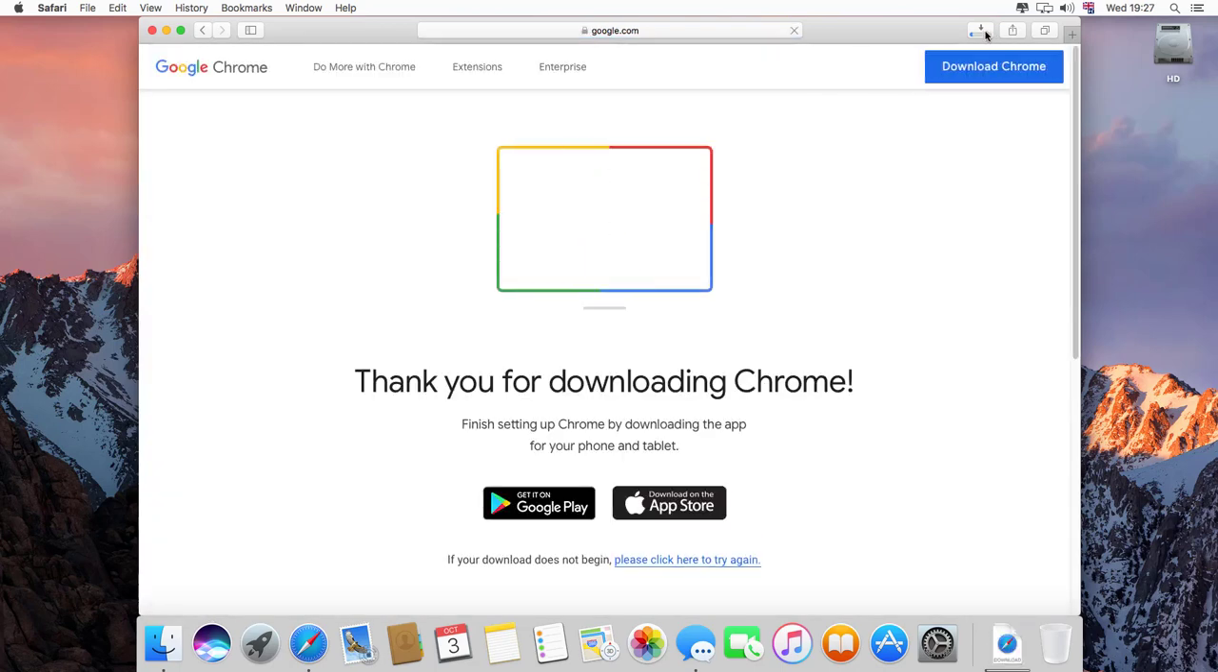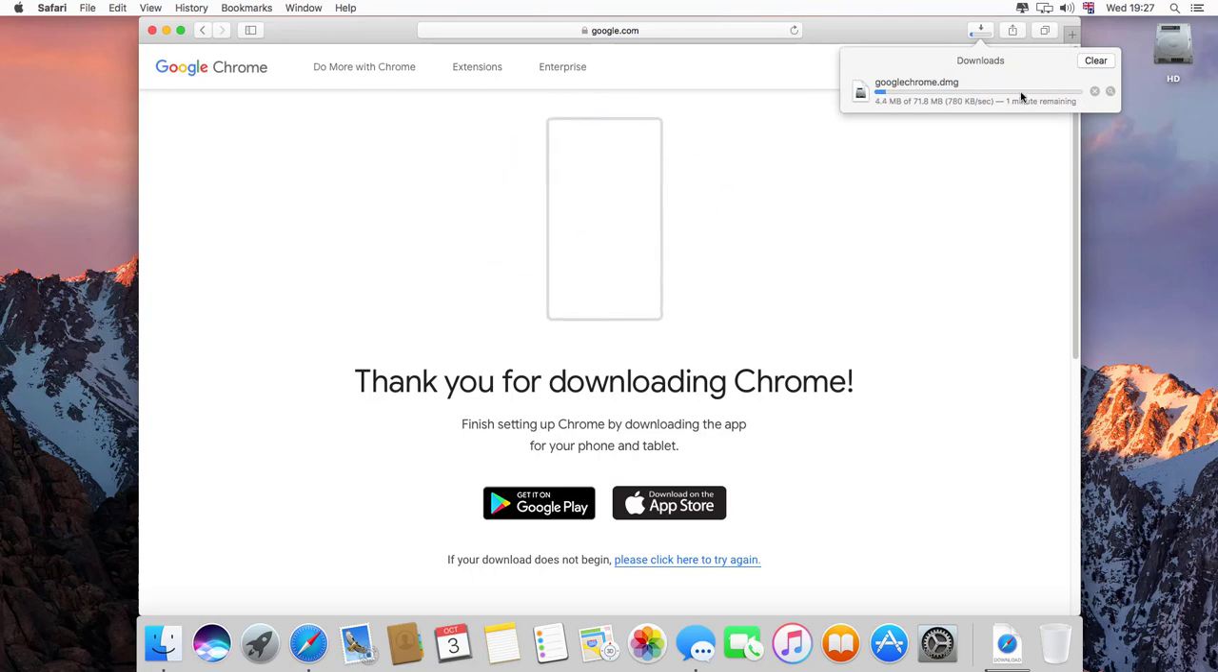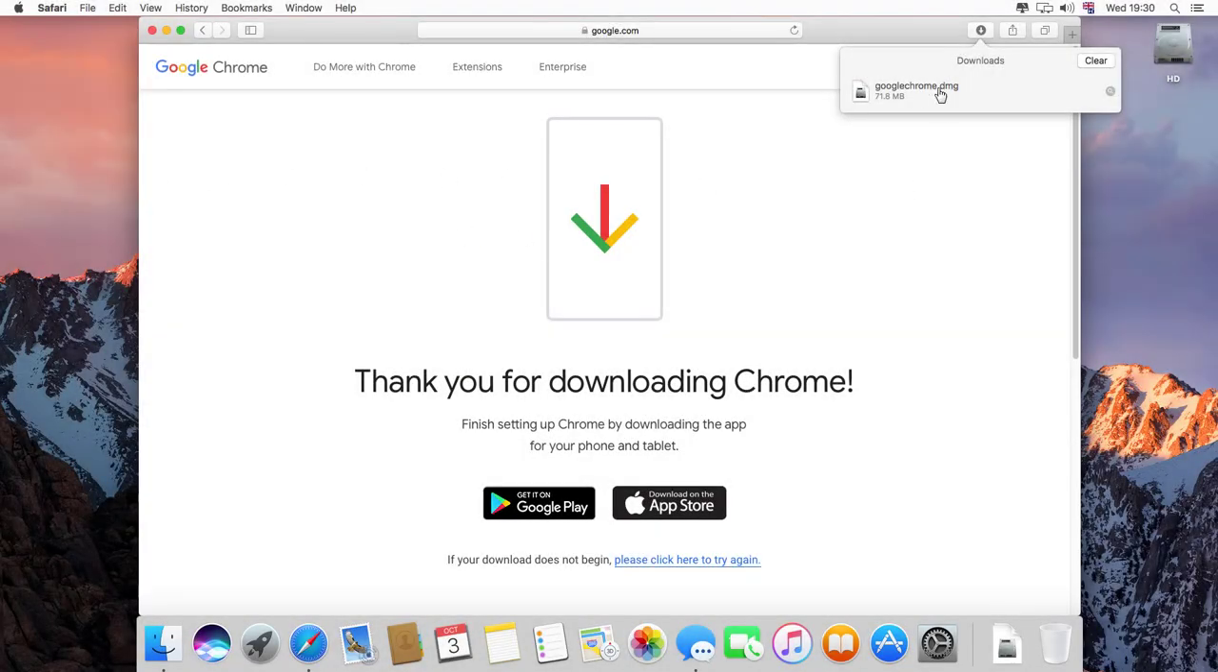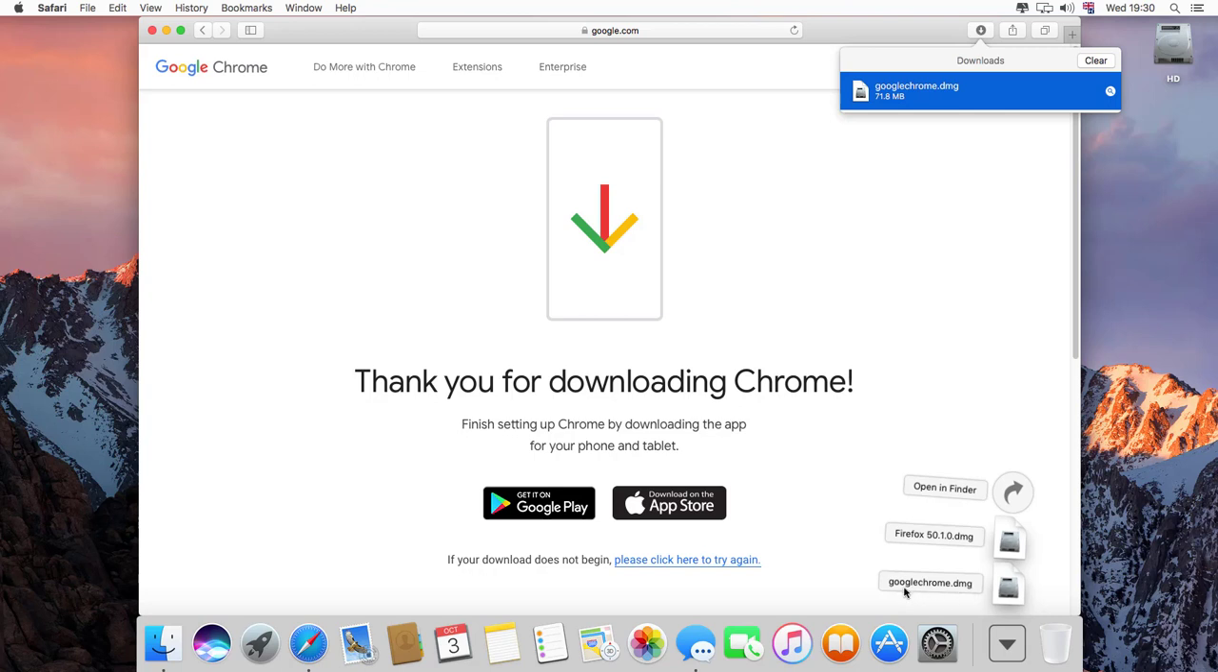Now a small window appears, and our package is downloading right now. My internet speed is a little bit slow, so I skip the video. Now our package, Google Chrome.dmg, is downloaded. You simply double click on it, and you may find it in the download section here. So here is our Google Chrome.dmg, simply double click on it in this section. So I double click on it here,